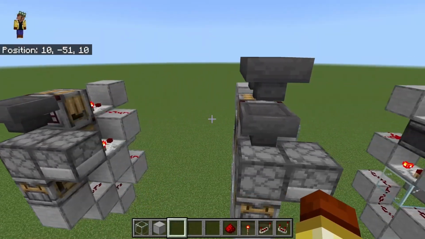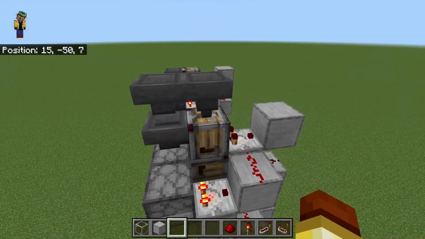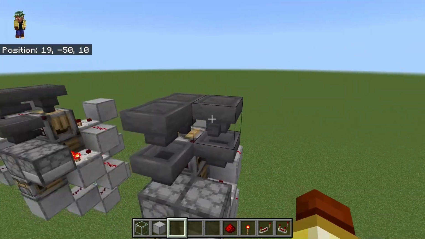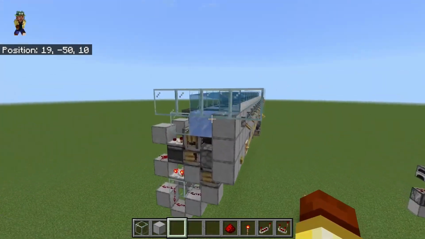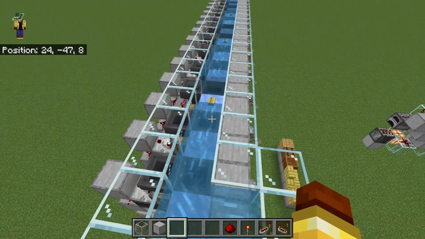Now, there's a double hopper speed version where you can set the hoppers on top up like this to load the bamboo at double hopper speed. You can also do triple hopper speed like this if you want to, but I've made an array here with the double hopper speed version. This is a little bit different than the array in my original video. This one